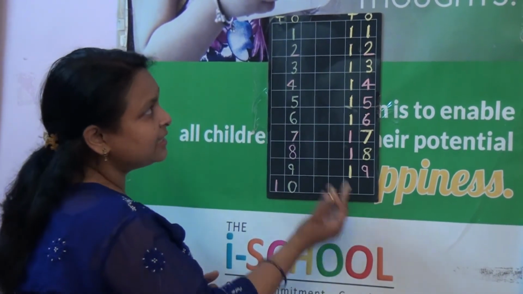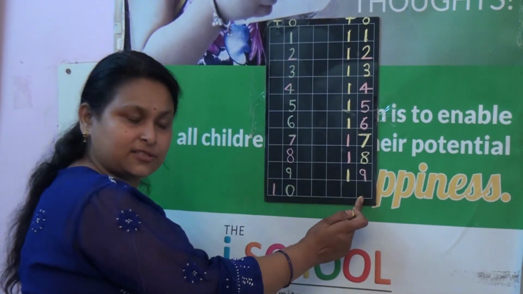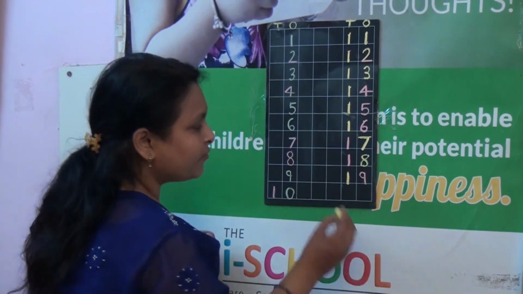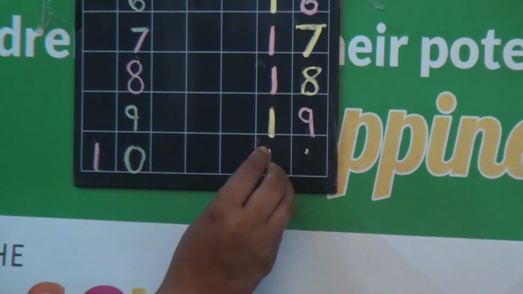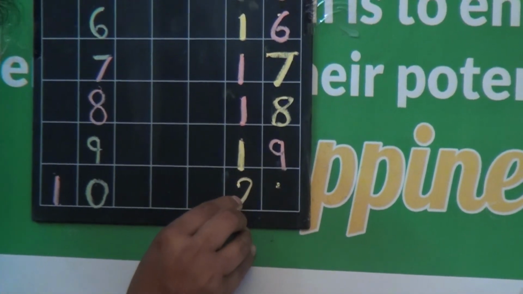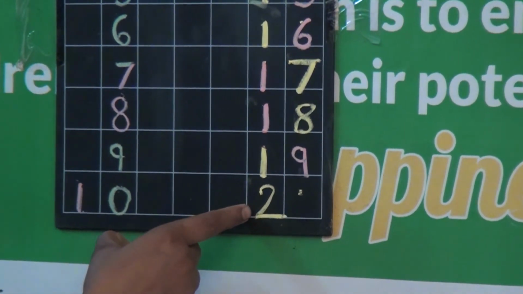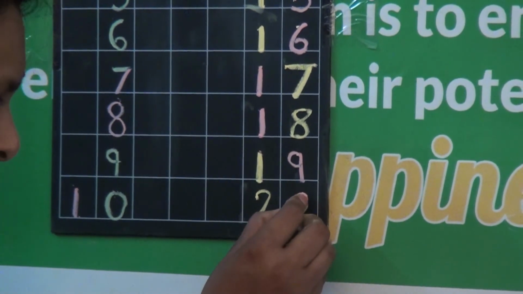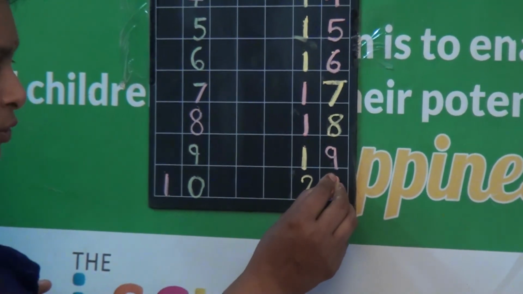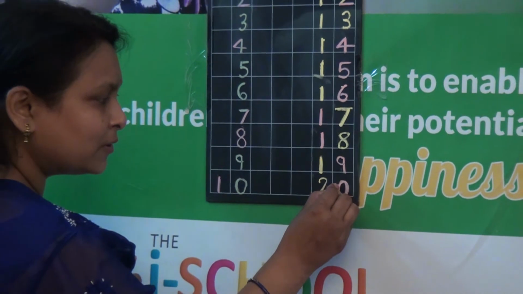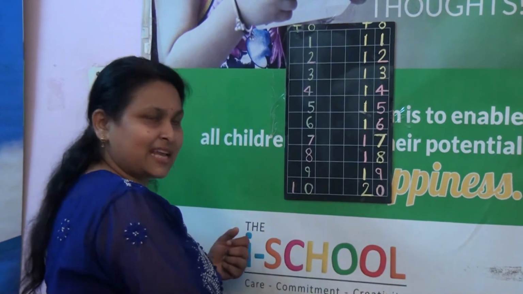How to write 20? We will write here 2 in tens position and 0 in ones position. Understand? Okay. Look at here. We make a center point first. Okay. Then we curve and sleeping line. This is 2. Then make a circle. So this is a 0. 2, 0, 20. Which number is this?